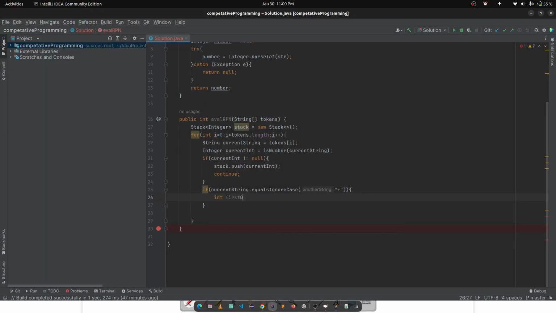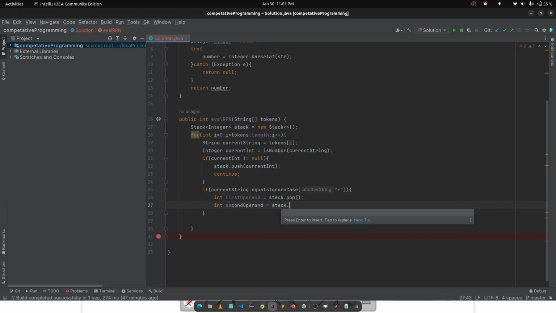So here we are going to do first operand is equal to stack dot pop, then second operand stack dot pop, and then stack dot push, performing that operation on the second operand,